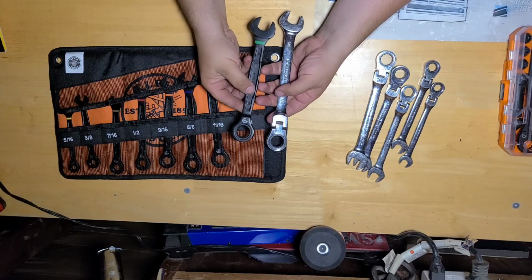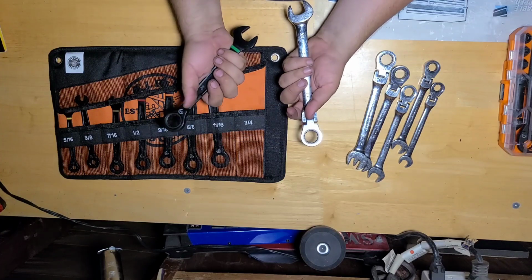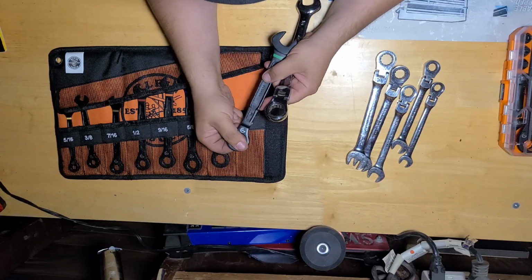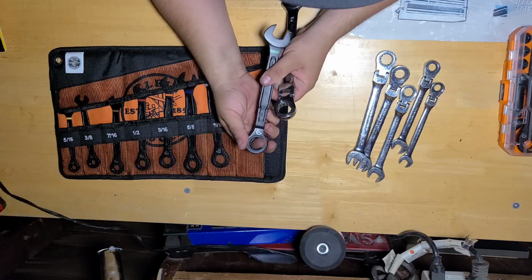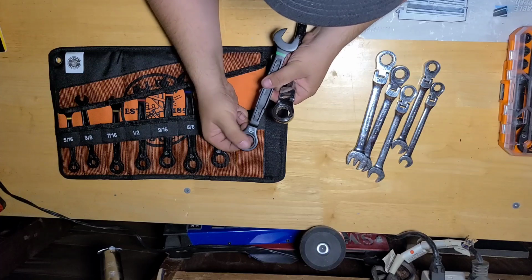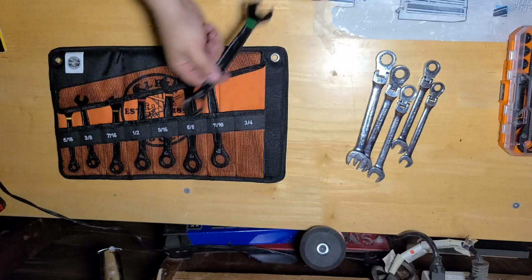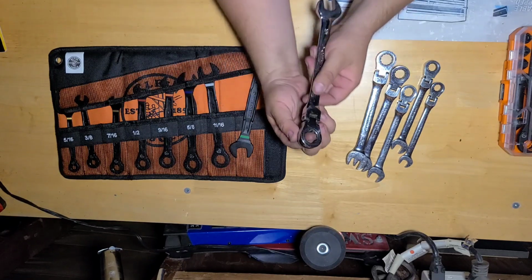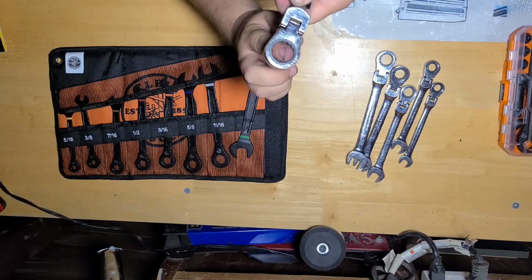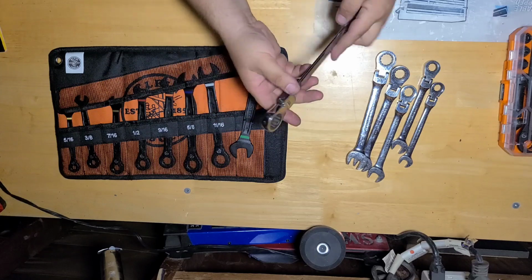But I will say that it's good to have options. Even using these as a backup or whatever would be good. It does feel like there's a lot of back drag, like when I was kind of fingering them earlier. I don't know if you can see that, but it does move around quite a bit. And it's a 90-tooth ratchet, but so does this. I would say this is a little less, without being super scientific about it. But anyway,